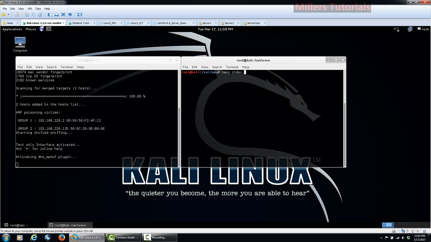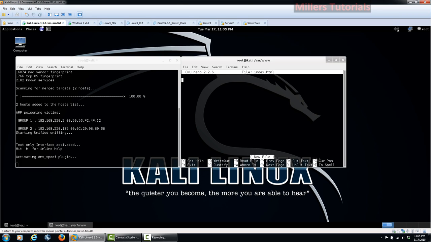So index.html. Now it doesn't have to be proper HTML code. We'll just do h1. I'll center it on the web page, and I'll say you have been hacked. We'll end the center tag, and we'll end the h1, Control-O, Enter, Control-X,